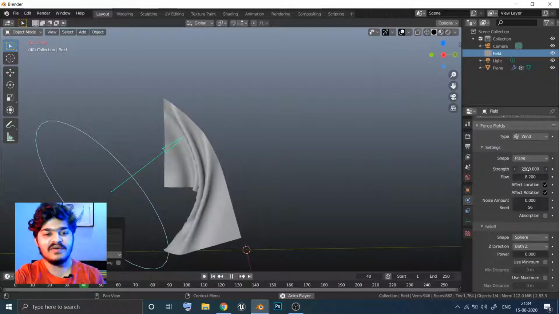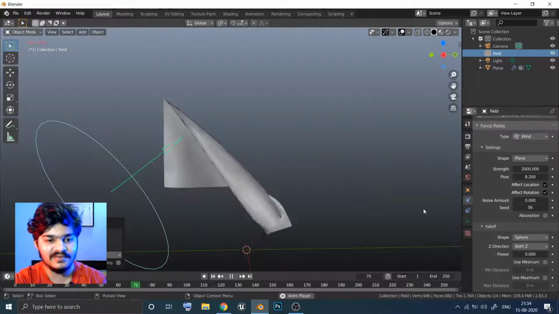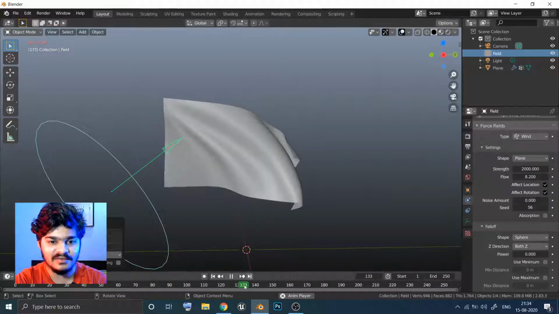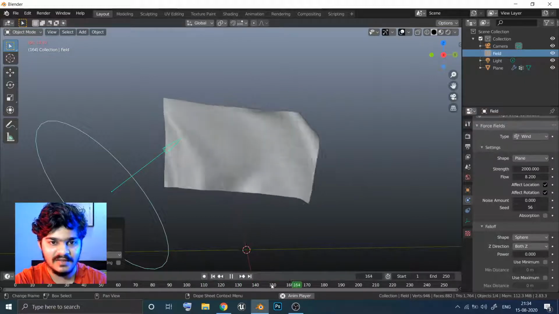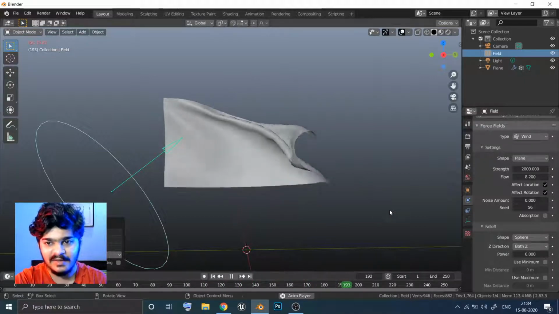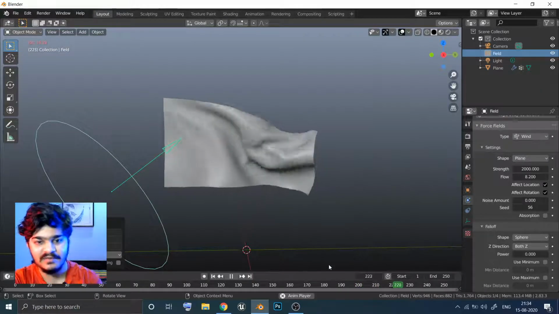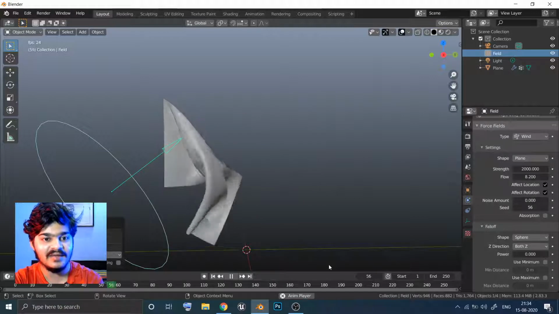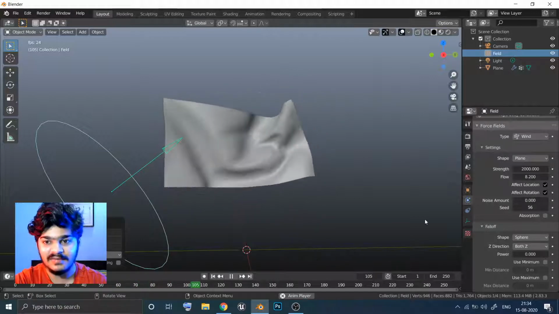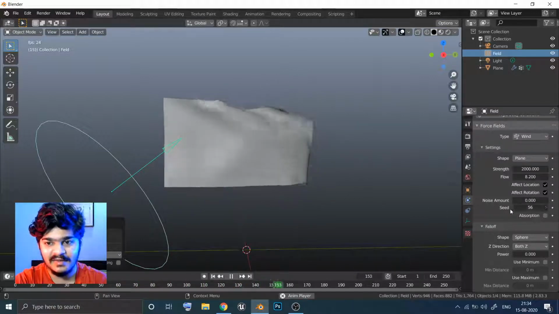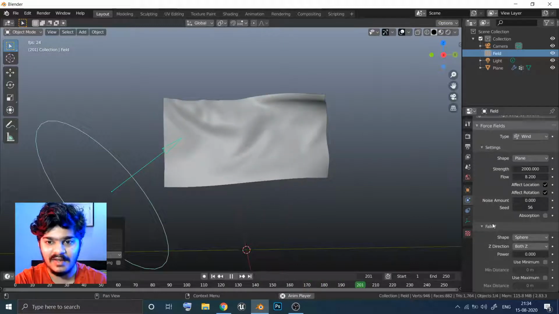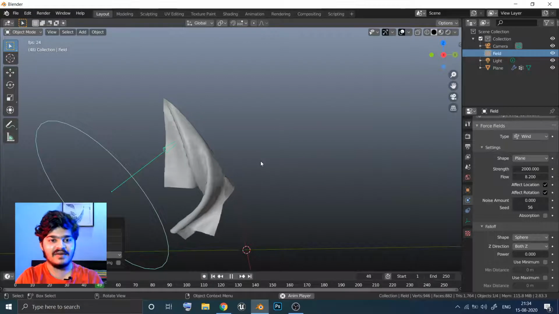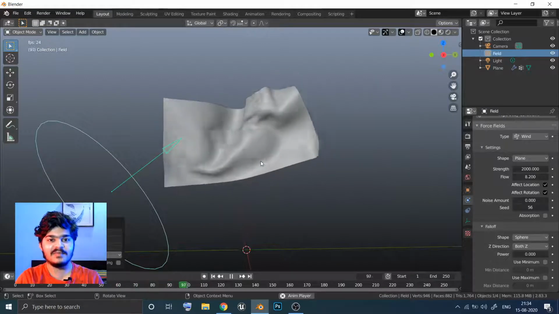Of course, when you are rendering it out, don't render it from the beginning, because now you know that the actual rendering of the flag starts from something like 150. So just render from 150 onwards to 250 or something like that, so that you can have a real cloth sim. Okay, so this is really cool, and now you know how to use this kind of thing inside of Blender to give some realistic looking animations.